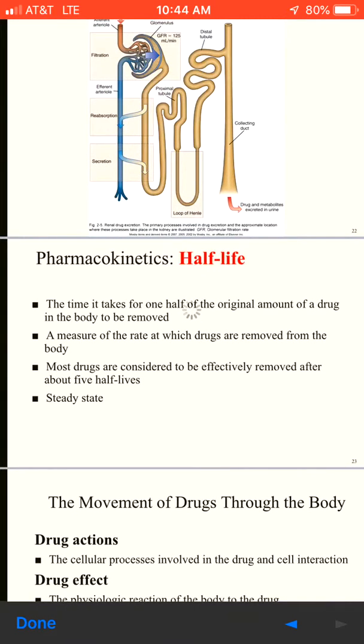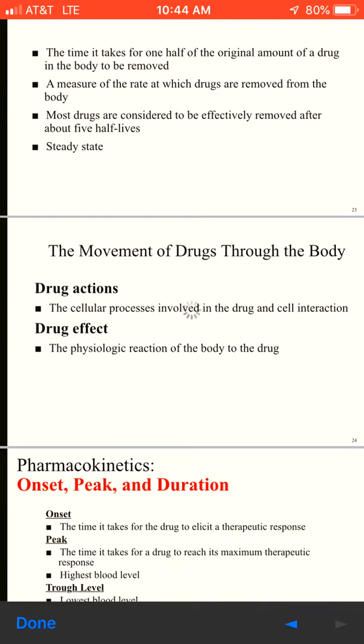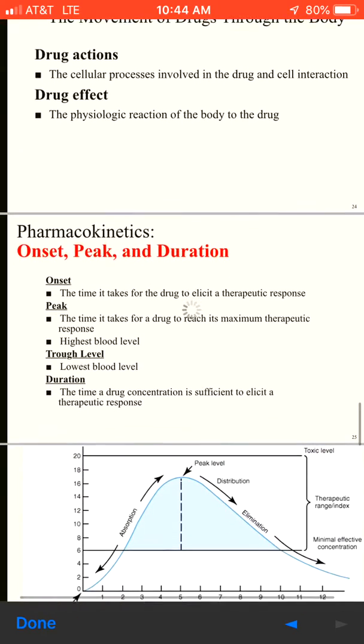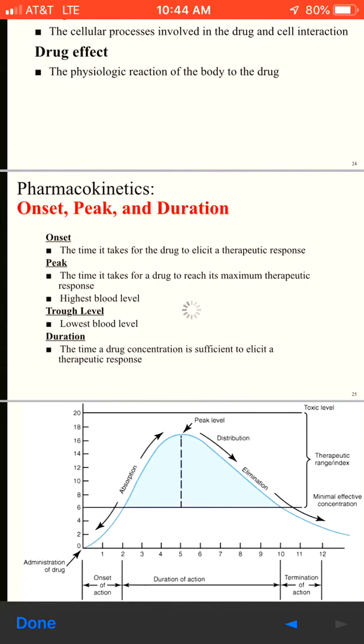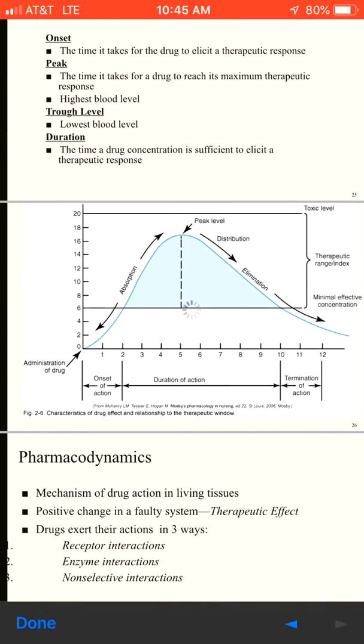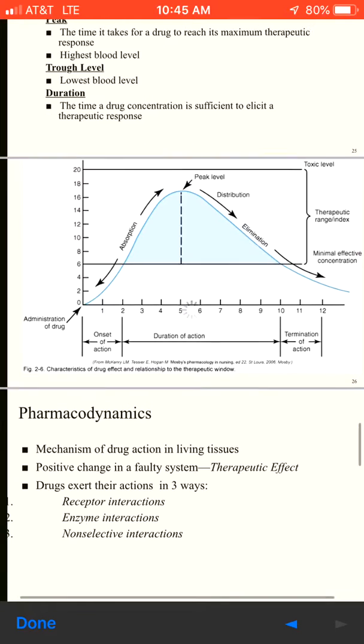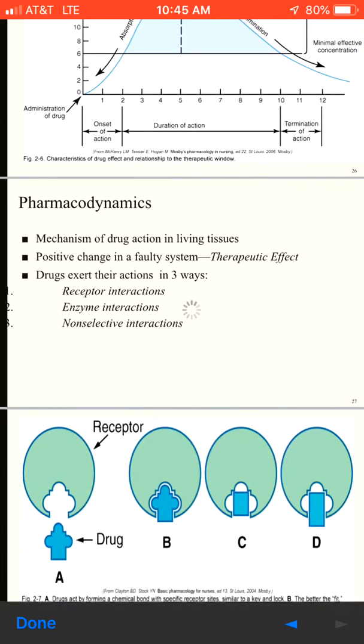Half-life is the time it takes for 1/2 of the original amount of drug in the body to be removed. So if you have a 500 milligram dose, the half-life is 2 hours. So therefore, they would still have about 250 milligrams in the body at the half-life, because that is half of 500 milligrams. It's important to know about the onset, peak, and duration of medications, know about peaks and troughs and